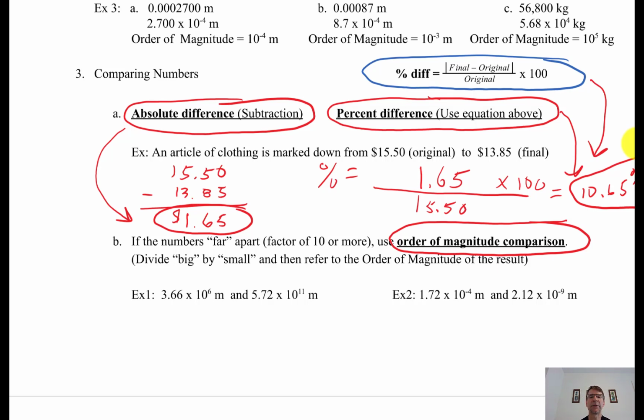Actually, probably 3 sig figs because the 1.65 was really only 3 sig figs. So technically, you should only have 3 sig figs. I'm not going to get real tight on the sig figs on this. I actually would have just put 11%